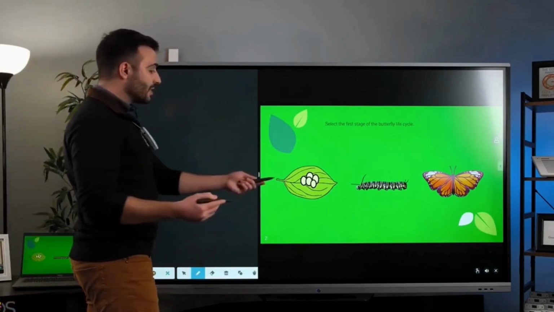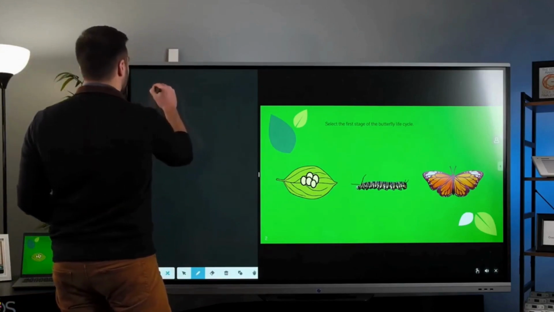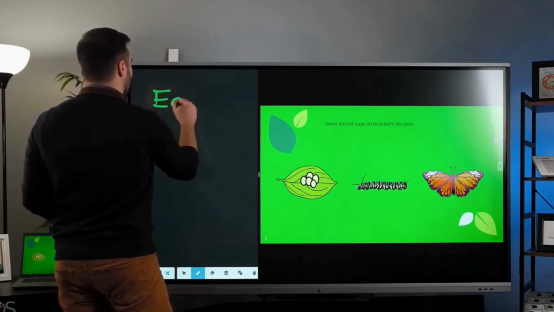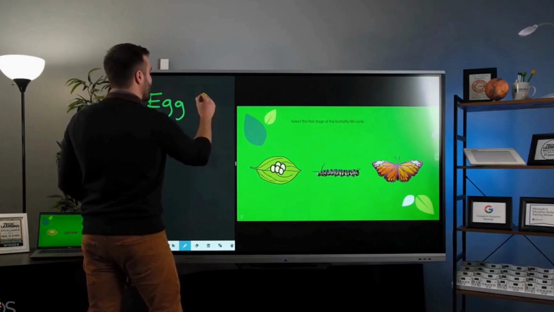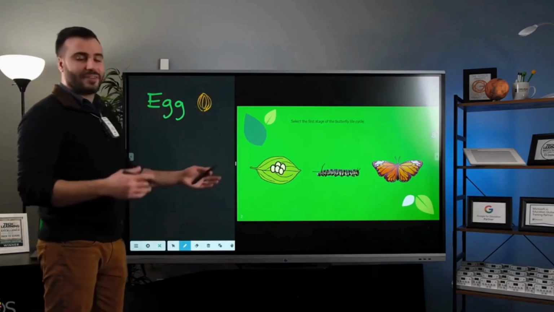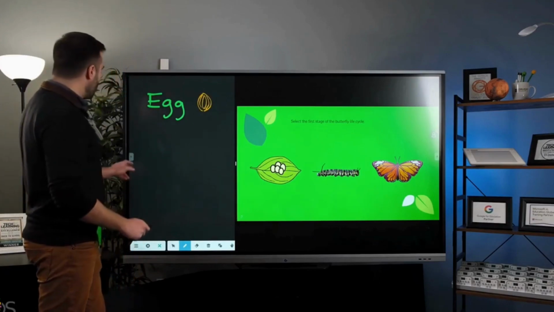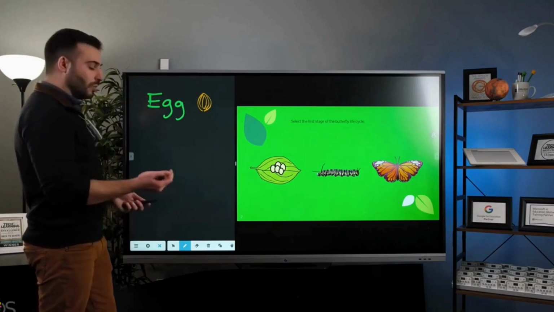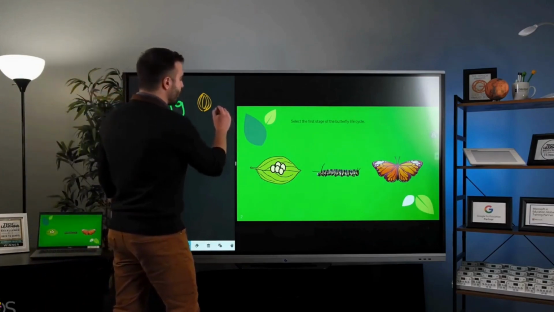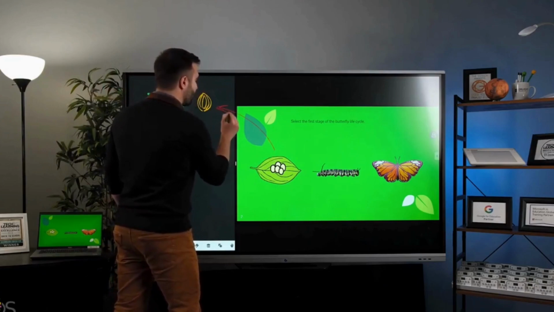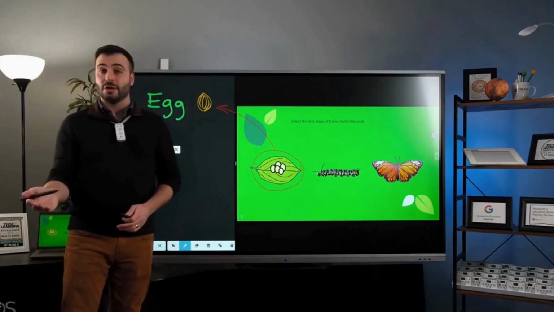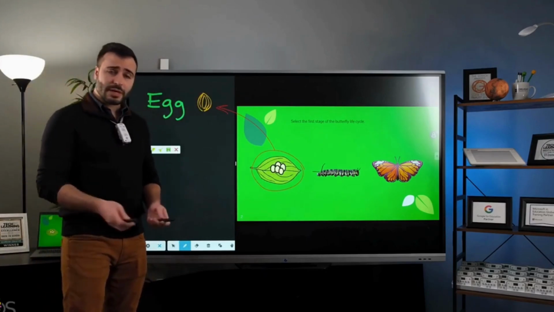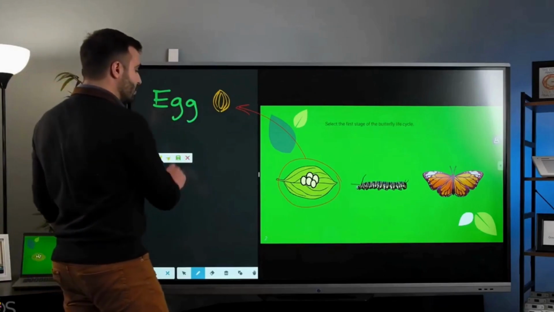So for example, with this lesson, I would like to first talk about the life stages of a butterfly. So maybe I go ahead and talk about here in Note a butterfly's egg, what that would look like, and then if I need to tie this into the presentation a little bit more, I can even use the annotation tools to pull those up on the screen. So I really do have full control over what is going on both Unplugged and Android apps such as Note simultaneously on the panel. Now, if I want to close out of this, all I have to do here is